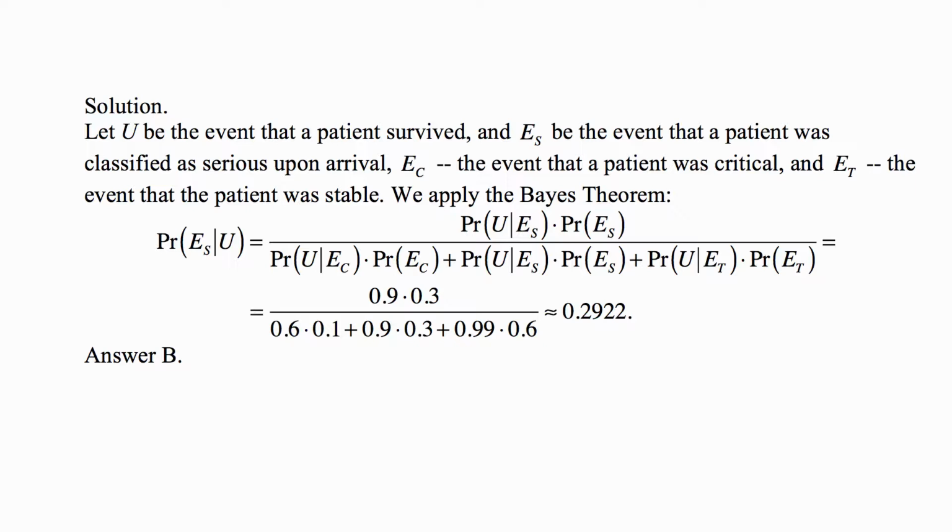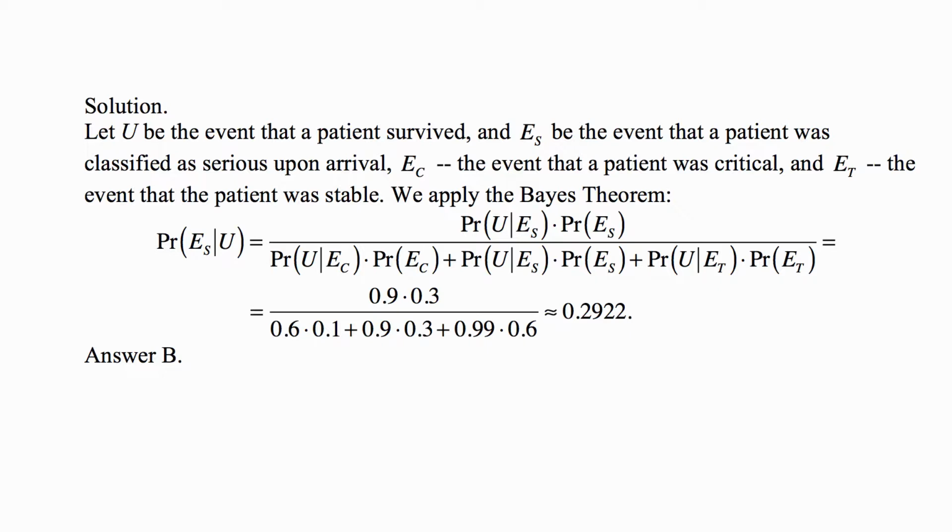So let U be the event that the patient survived. Let E sub S be the event that the patient was classified as serious upon arrival. Let E sub C be the event that the patient was critical. And E sub T, the event that the patient was stable. I can't use S because I already used it for serious. And we apply the Bayes theorem. So we are asked for the probability of E sub S given U. The Bayes theorem says that that's equal to the conditional probability the other way, with these two flip-flopped. So probability of U given E sub S times probability of E sub S,